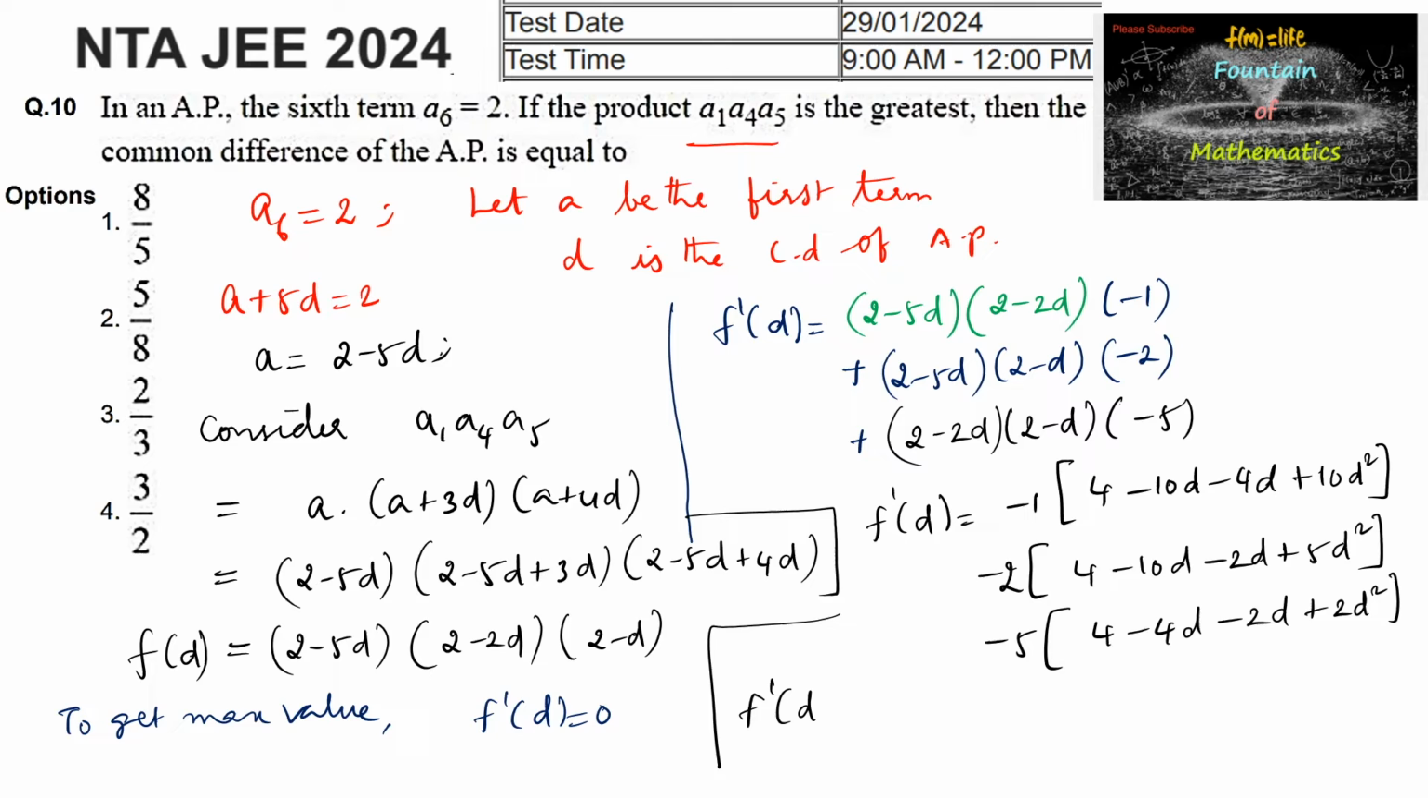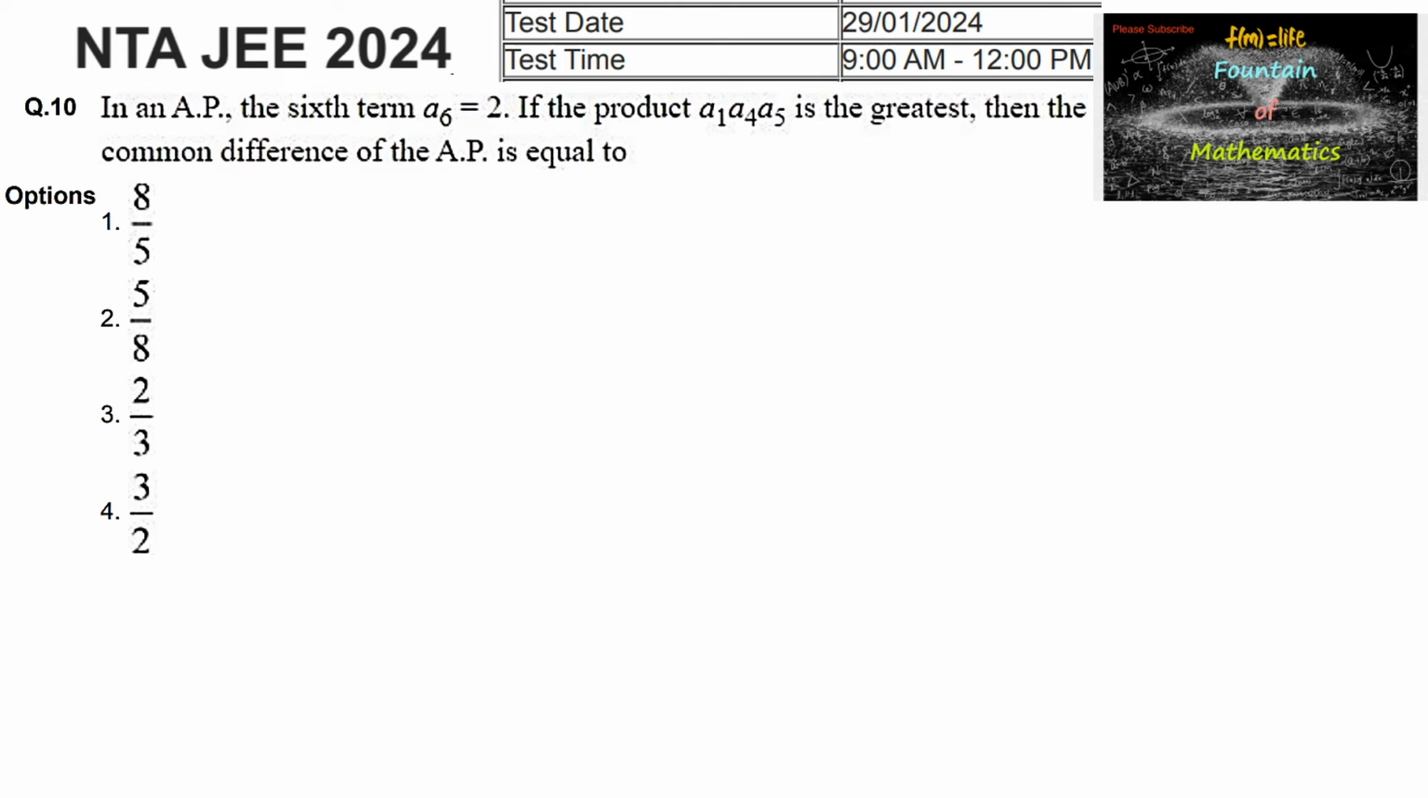So we can write f dash of d is equal to minus 4 minus 10 minus 4 is minus 14, so plus 14d, and here it comes minus 10d square, and here it comes minus 8, minus 10 minus 2 is minus 12, so plus 12 twos are 24d, and again minus 10d square, and again here minus 20 minus 4 minus 2 is minus 6, so it comes plus 30d and again minus 10d square. So after simplifying, you will get f dash of d is equal to minus 30d square plus 68d